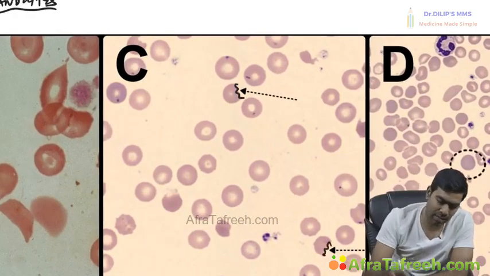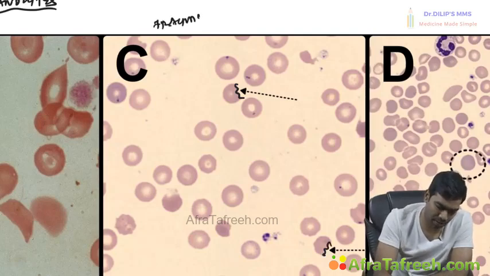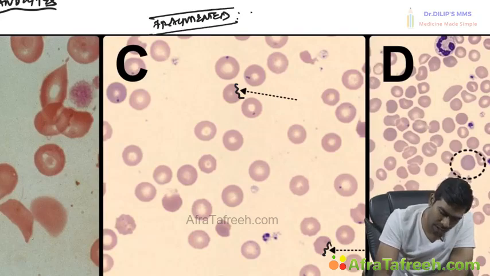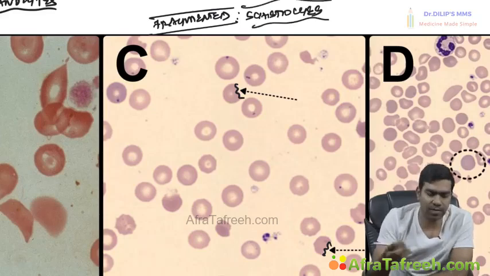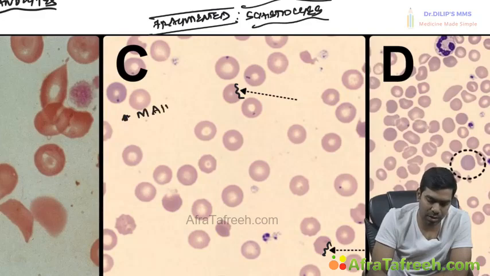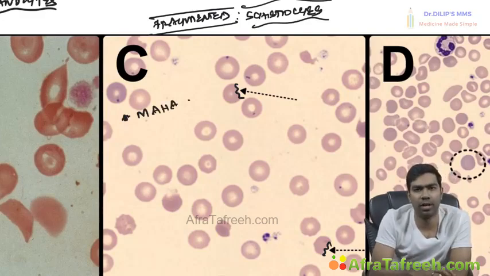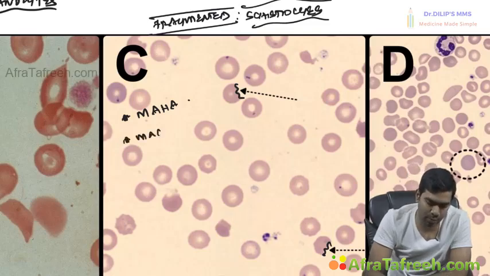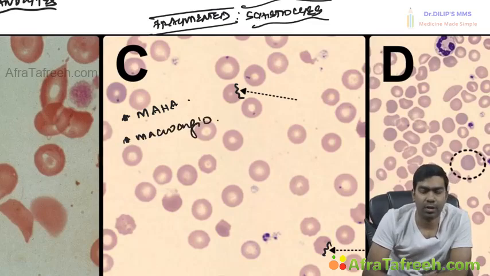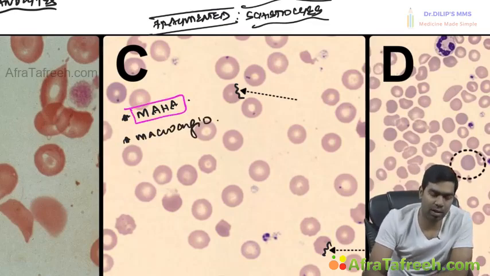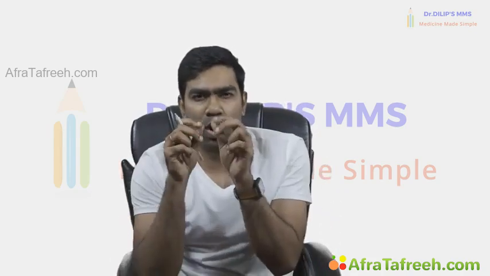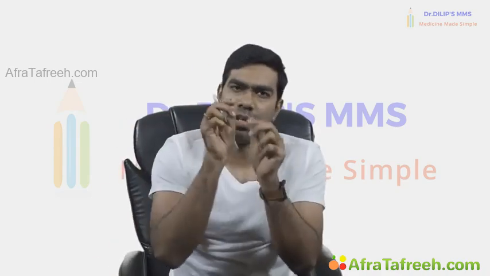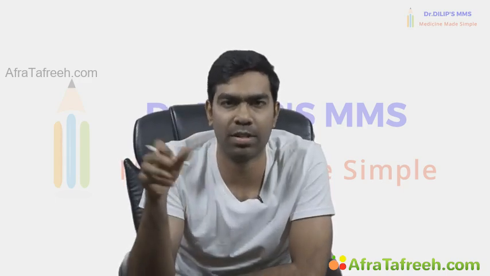You can see here, these kinds of fragmented RBCs are referred to as schistocytes, which you can see typically in MAHA, that's microangiopathic hemolytic anemia, or in macroangiopathic hemolytic anemia. So what do you mean by microangiopathic hemolytic anemia? It typically happens whenever there is clot formation in the microvasculature. Because of the small clot meshwork, the RBC has to move through the microclots in the microvasculature. Because of that, the RBC will be deformed, sometimes it can be torn off. So that's what we call the